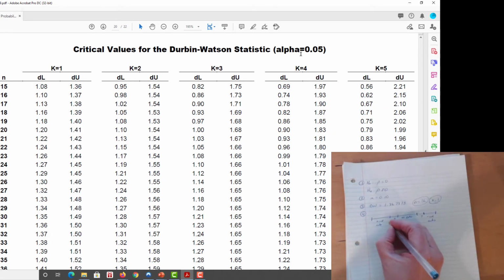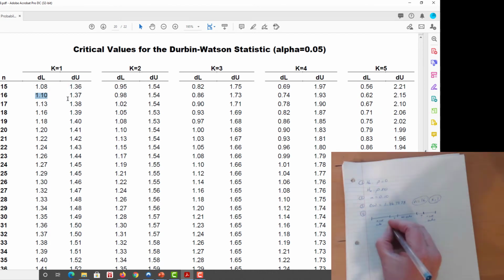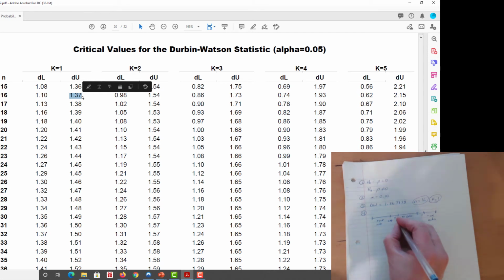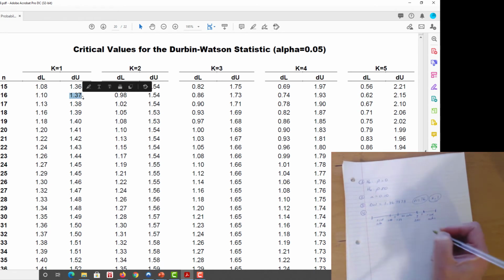So we get our numbers and we see that the lower dL is 1.10. So I go 1.10, and I'm sorry, a little bit squishy there. Okay, and my upper dU is 1.37. So upper 1.37. Okay, and now I set up my 4 minuses. So 4 minus 1.1, and that just tells us that that's 2.90 up there. And 4 minus,